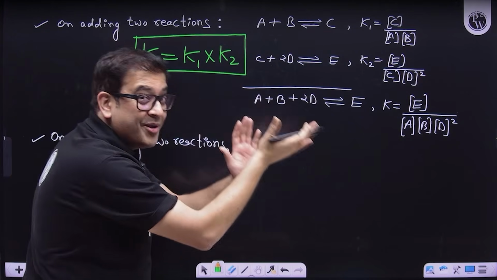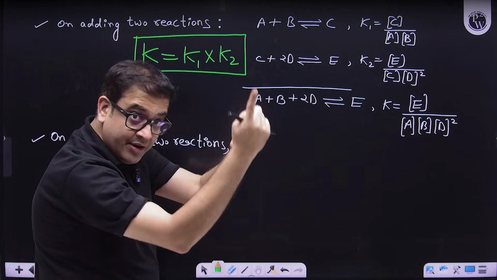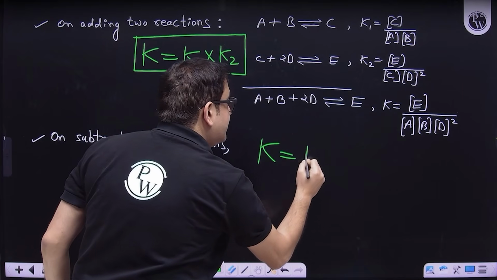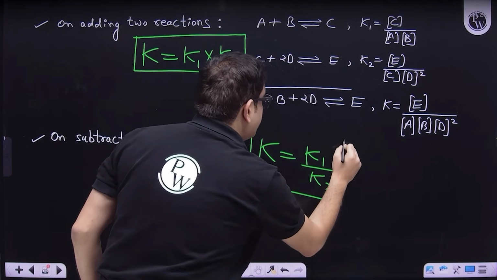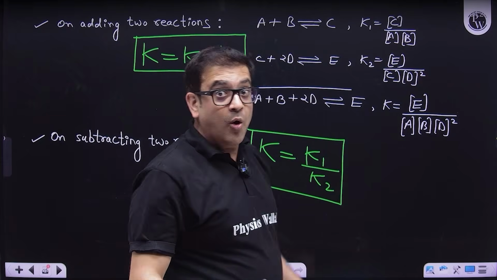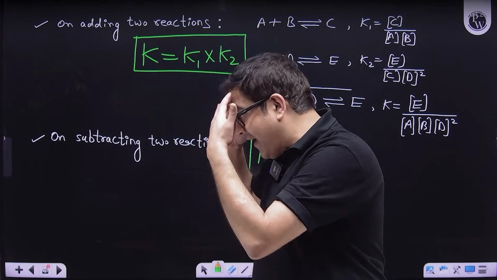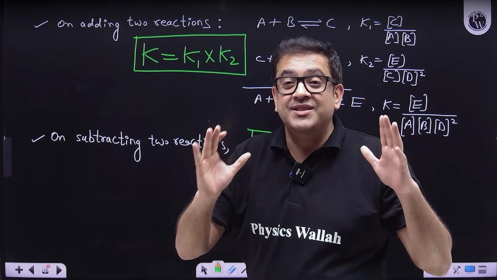Similarly, by symmetry, if you subtract two reactions, the resultant K will obviously be K1 upon K2. We will be seeing some questions related to these